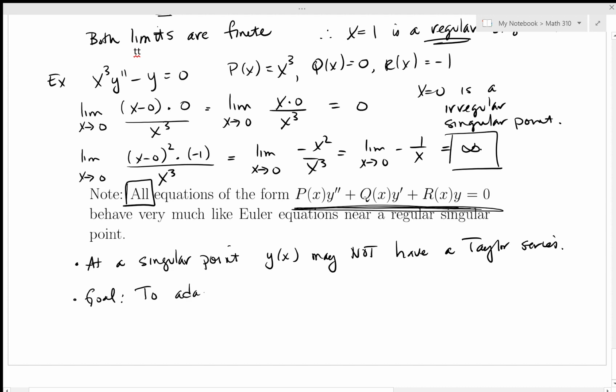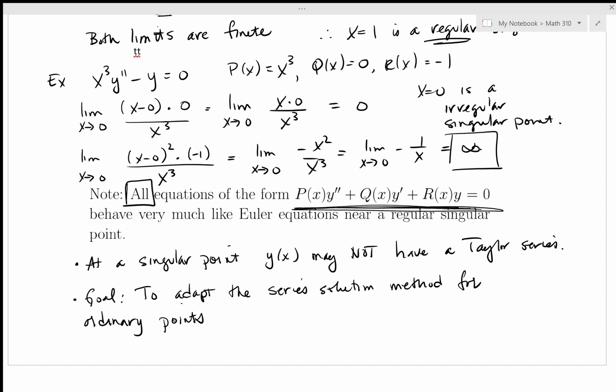adapt the series solution method for ordinary points. We've seen that in the previous two lectures, how to use a series solution method for solving differential equations near ordinary points. Now we've got a sense of how to solve the Euler equation. We also know how to tell which points are singular, and we know that we can identify two different types of singular points. So now our goal is to adapt the series solution method we already have for ordinary points,